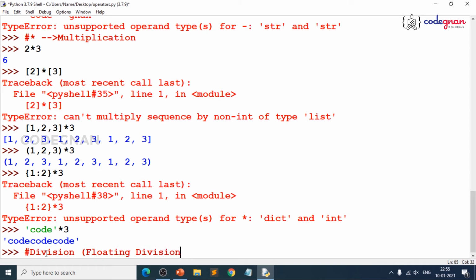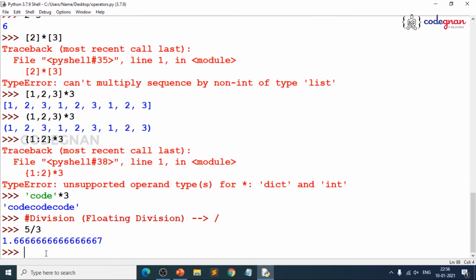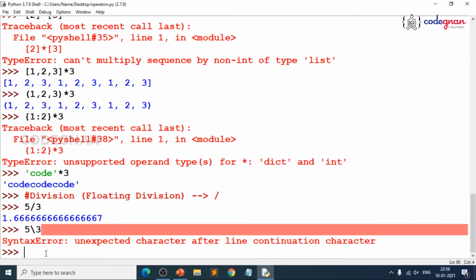I will just validate yourself, because the symbol we use is slash. The slash is backward slash, not forward slash, because if you go for forward slash, you use it as escape characters for new line and everything. You already have the symbol on your keyboard. If you do it like this, it's fine. You are getting the result in float value. But if you do it like this, it is unexpected character after line continuation. That is a syntactical error, because you always make mistakes, only learn from the mistakes. That is the only way you can easily go ahead.